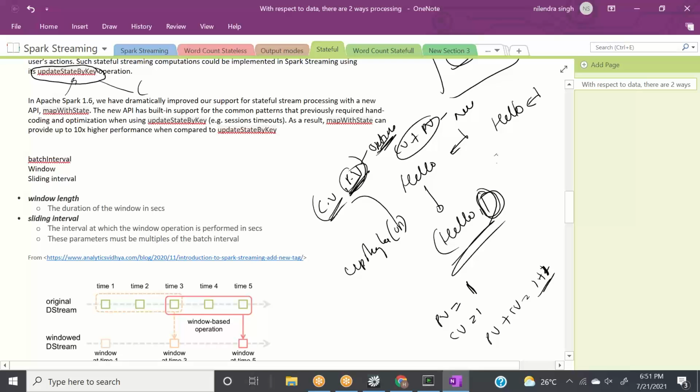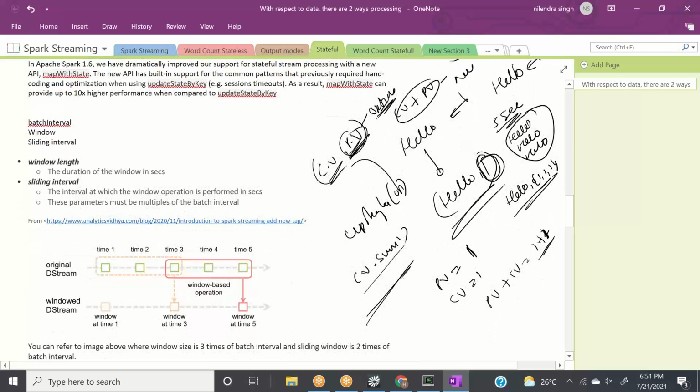Now let's say our window is 5 seconds and we hit hello, hello, hello. Right? So in this case, what is our program doing? Our program is doing something like this: hello, comma, 1, 1, 1. So from the current value, we are calling the sum operator.